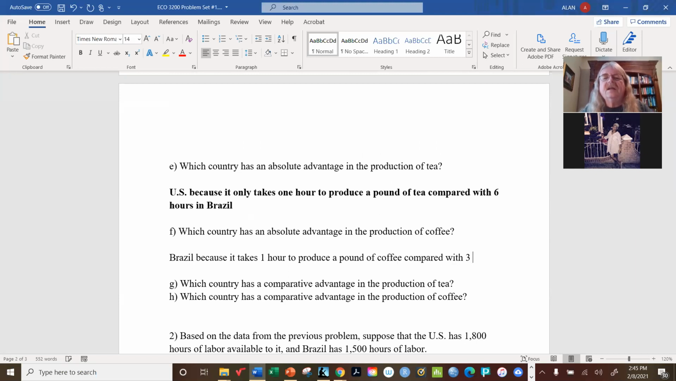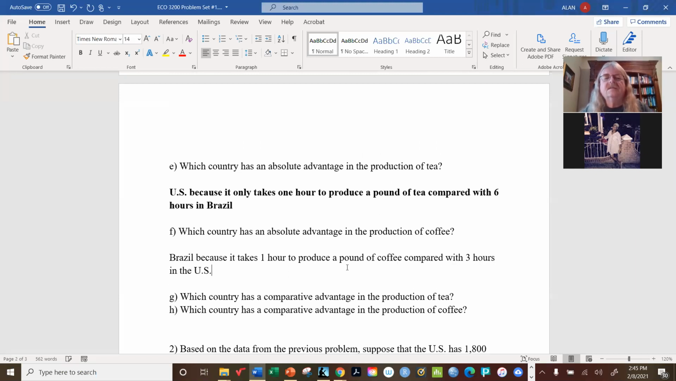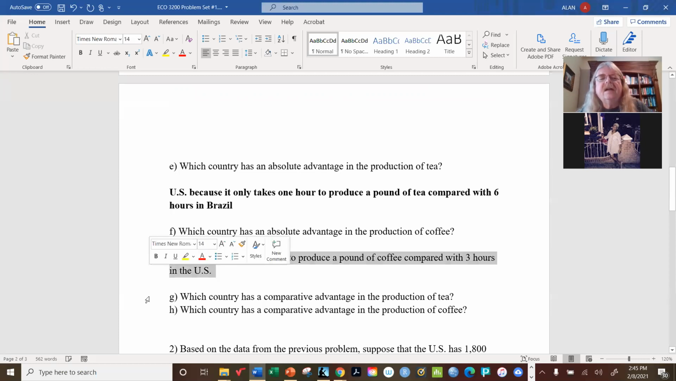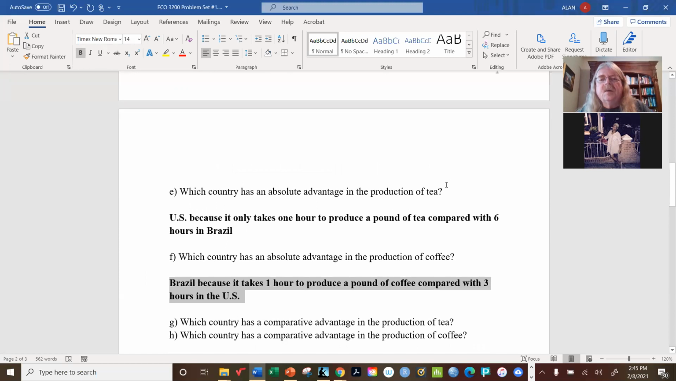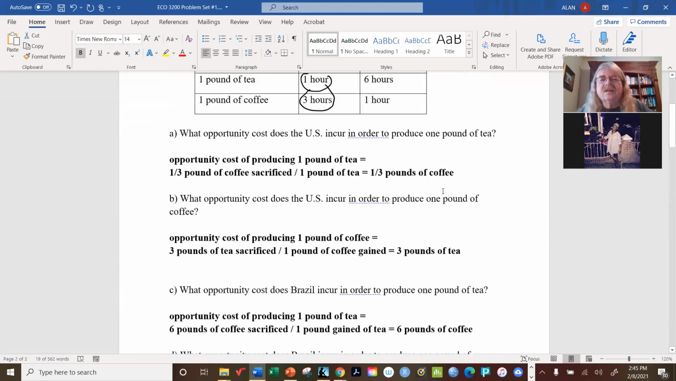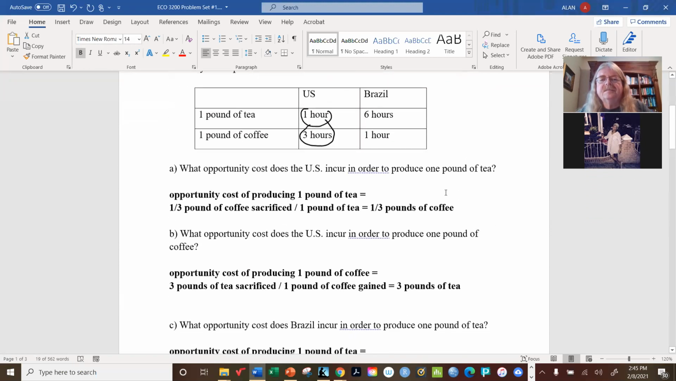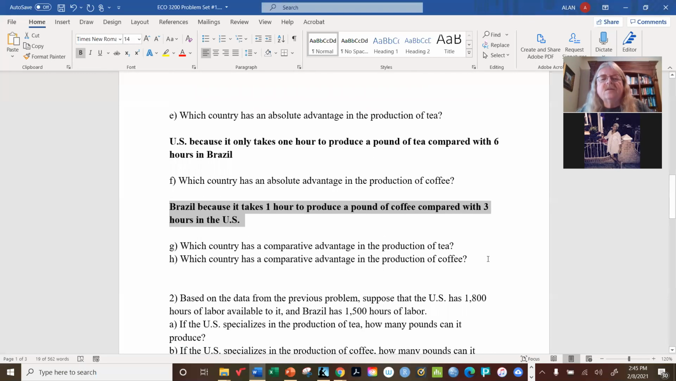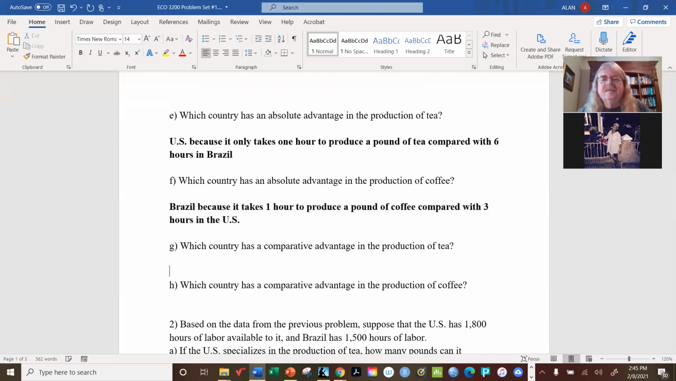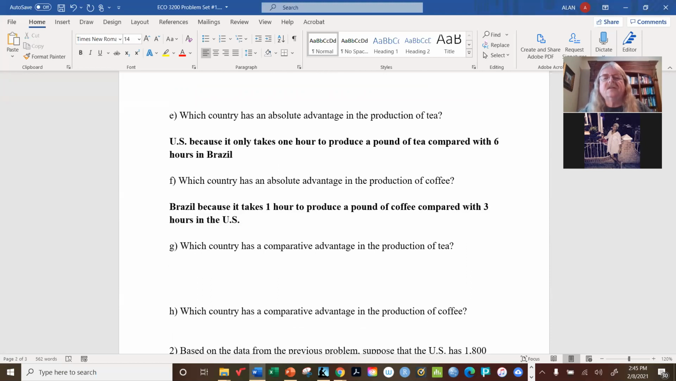Compared with 3 hours in the US. And that's all it takes to have an absolute advantage. Who can make this product the most cheaply or with the fewest resources? That's the bottom line. But with the absolute values, we've already figured it out. I'm sorry, the comparative advantages, since the US has an opportunity cost